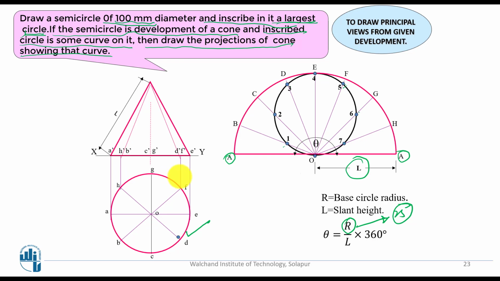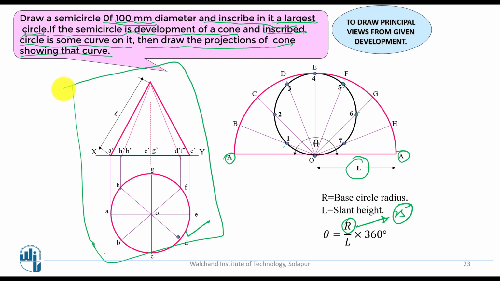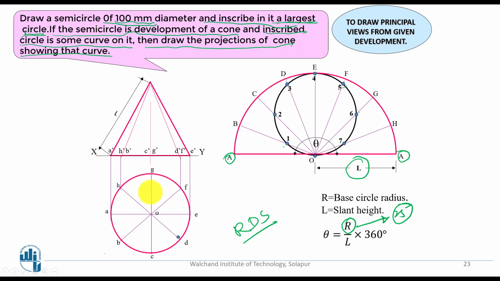Now you have got the diagram based on the given dimensions. This you are going to call a reverse development of surfaces. Previously they used to give this condition first, then you would develop it. Now they are giving these conditions, and based on that you have got this diagram. Now we are going to the next step.